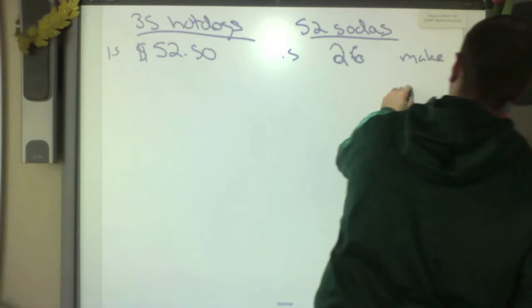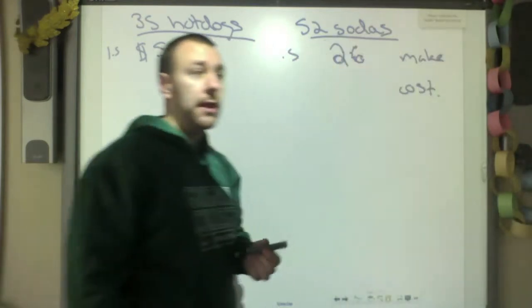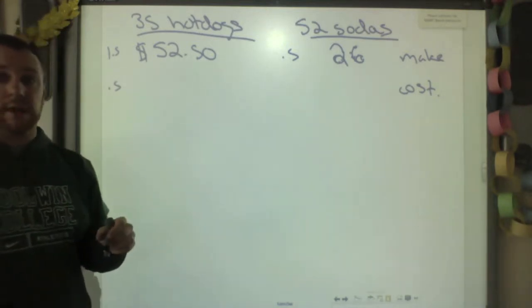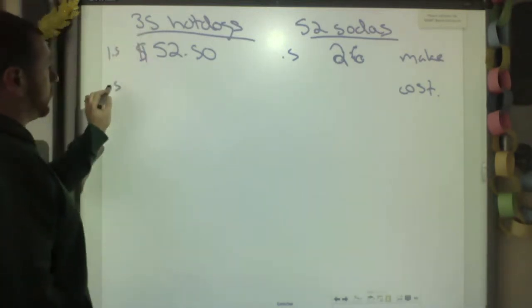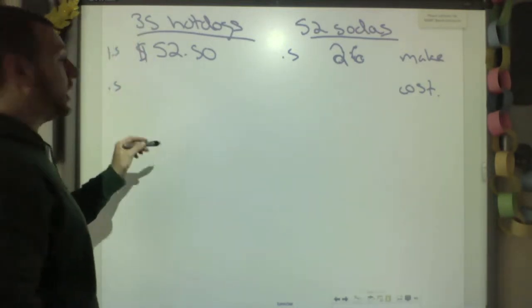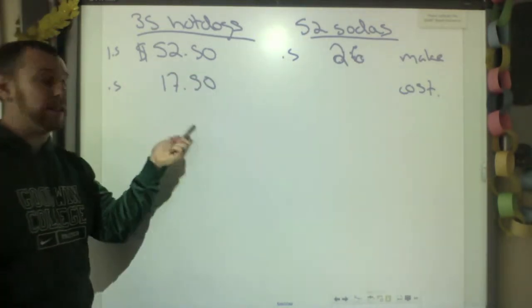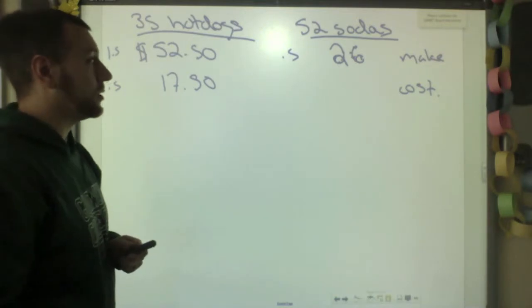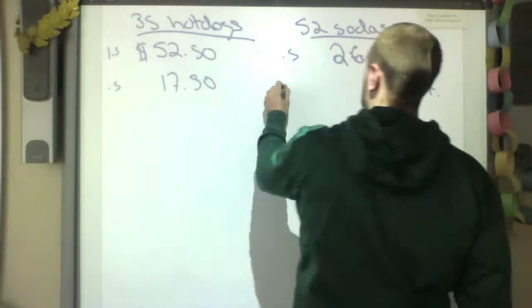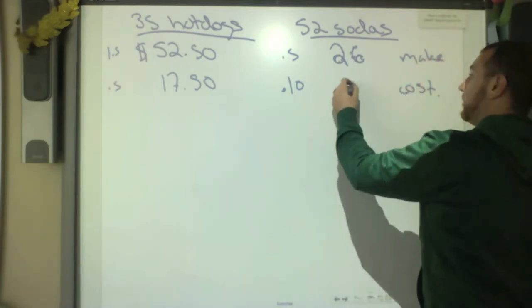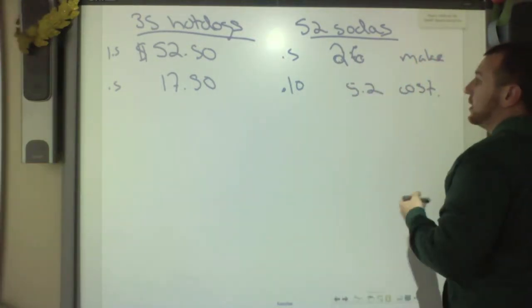But there's also the cost. And it costs 50 cents for every hot dog, so that means it cost me $17.50 for the hot dogs that I sold, and it cost me 10 cents for every soda, so that's $5.20